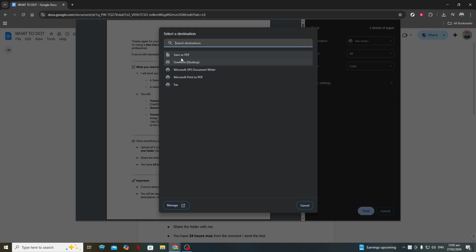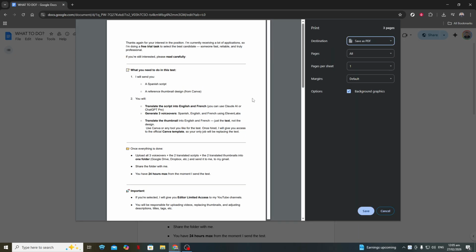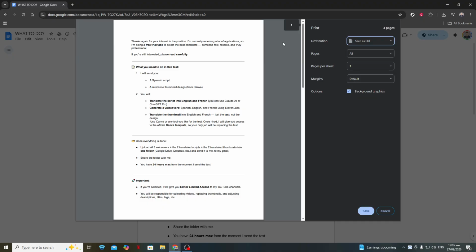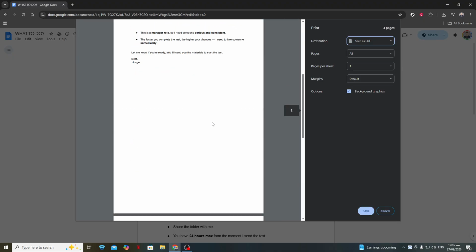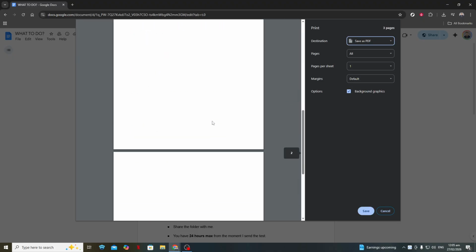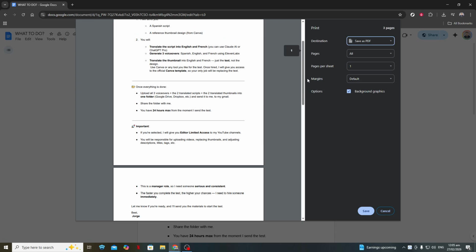Before you continue, check the preview if one is available. Make sure all the pages you want are included, the orientation is correct, and the page size looks right. If needed, adjust settings like page range, layout, or margins so the PDF comes out exactly how you want. Once everything looks good, click Print.